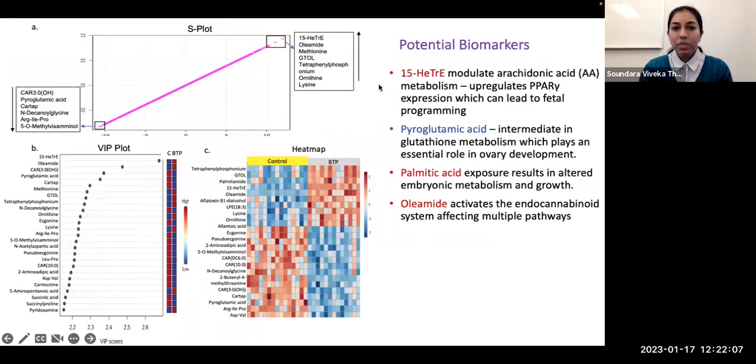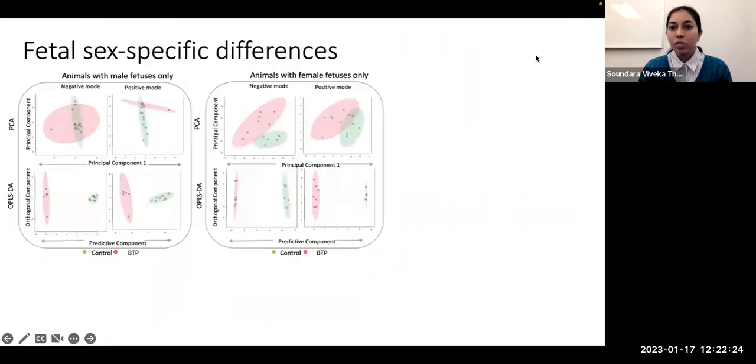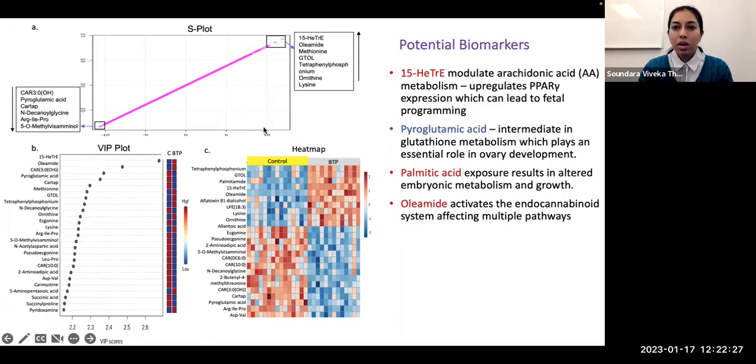So we identified some biomarkers of biosolids exposure by a combination of using the VIP plot, the t-test, and the S-plot. So on the right, you can see markers which are upregulated in the biosolid animals. And on the left, we have markers that are downregulated in the biosolids animals. So 15-HE3